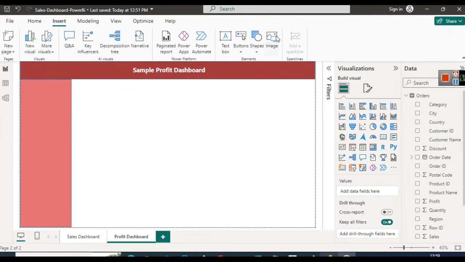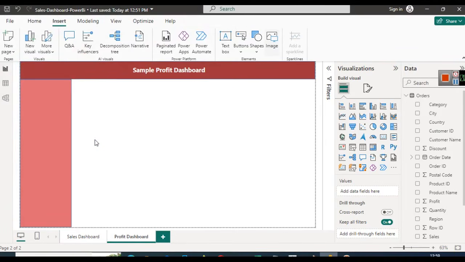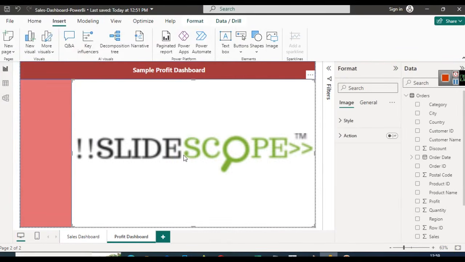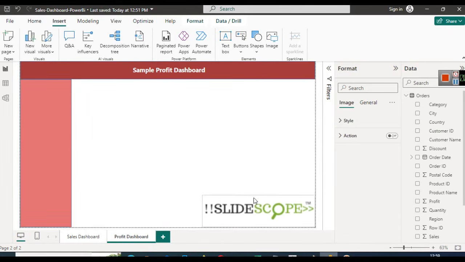So what you can do is, in the insert tab you have image, and from here I will load this logo. You can see this image size is smaller, so first of all I will make it in the actual real size,